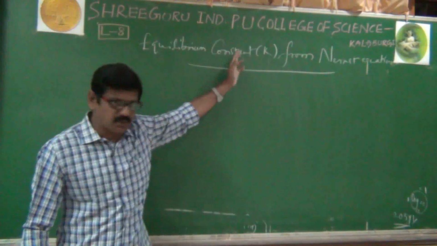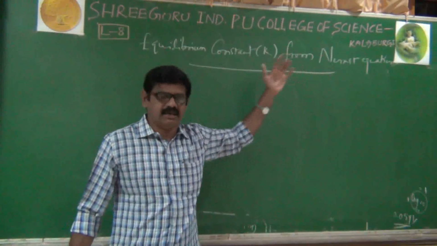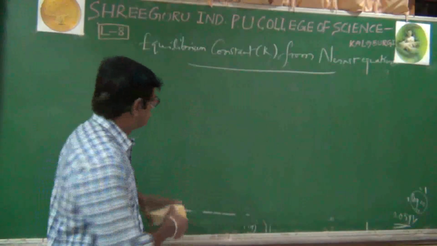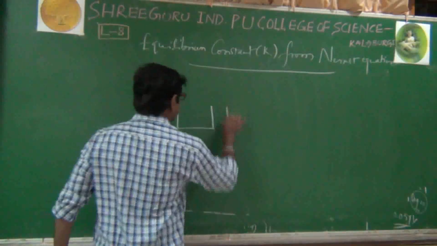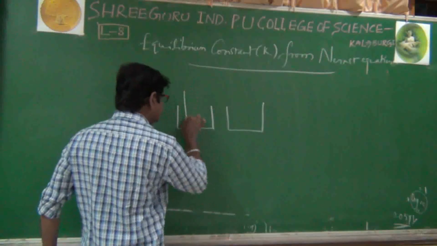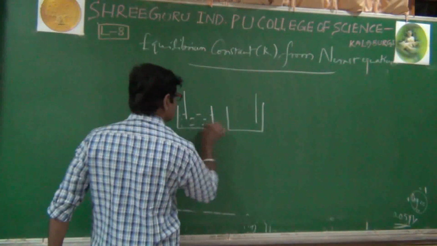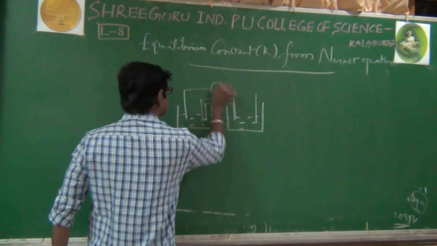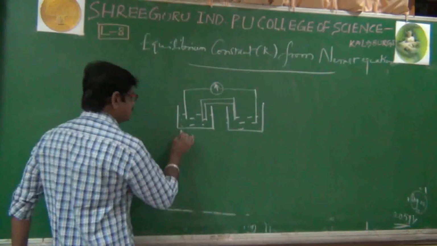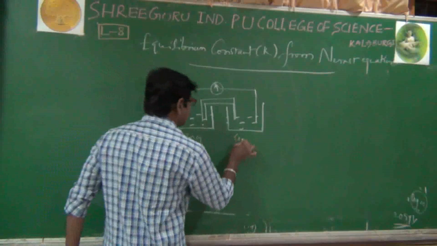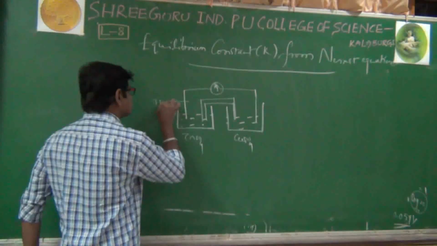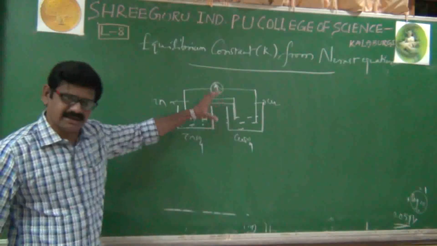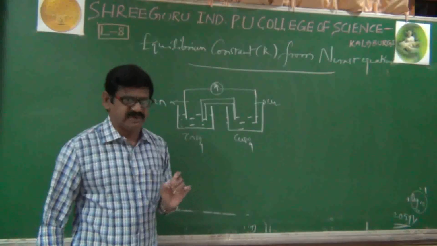Before we derive an expression for the equilibrium constant, once again we'll briefly recall the Daniell cell diagram. See here, a rough diagram of the Daniell cell. It is of course ZnSO4, zinc sulfate solution. It is a copper sulfate solution. It is a zinc rod. It is a copper rod. Of course, it is a salt bridge. Everything regarding the Daniell cell we have learned in our previous videos.